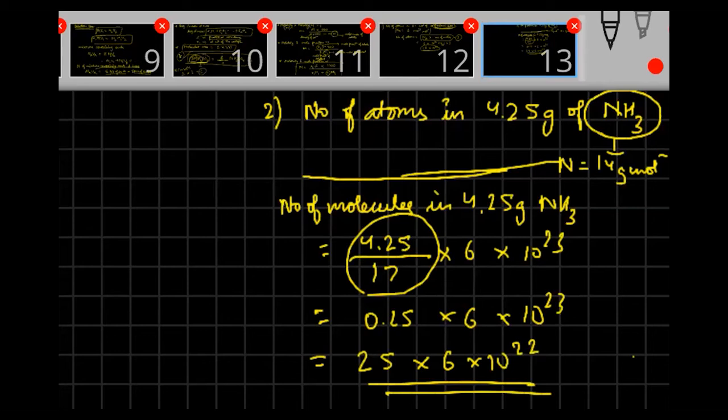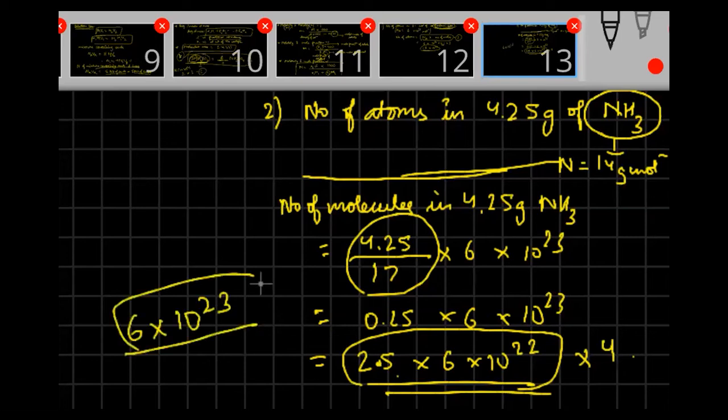Now they have asked us to calculate the number of atoms, okay, 2.5 I have to take. We have to also multiply it with the number of atoms, so I should also multiply this with the factor of 4. If you just do that, 2.5 into 4 will be what? We'll be just getting it as 10. So at the end, I'll get the answer as 6 into 10 to the power of 23. So your answer is directly your Avogadro's number.